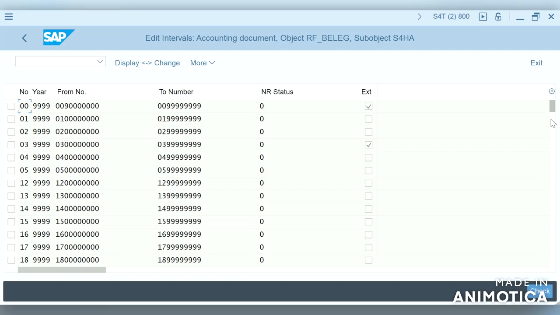So let us move on to creating tolerance groups, without which we cannot post a document. I think we have seen the error message when we did not configure the tolerance group in our previous videos. So let us move on and create the tolerance groups for our company code.